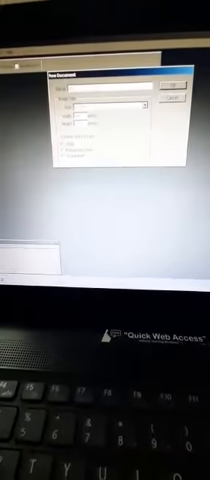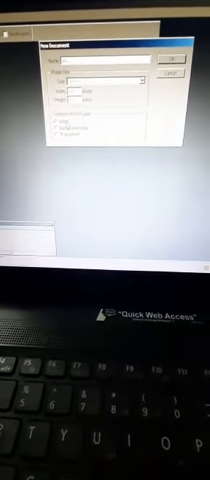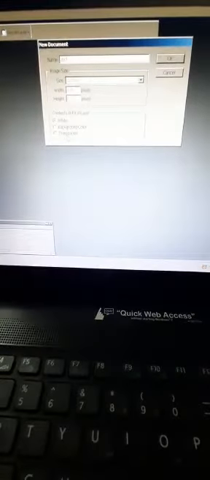For that, you have to click on the File, New option, then you will get this dialog box, and here you can give your choice of name, suppose ABC, and then you can fix width and height, and also the content of the first layer: white, background color, or transparent.